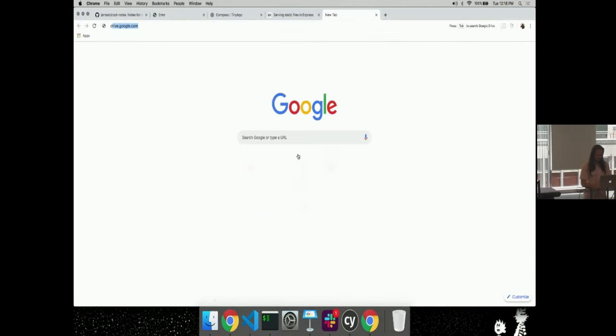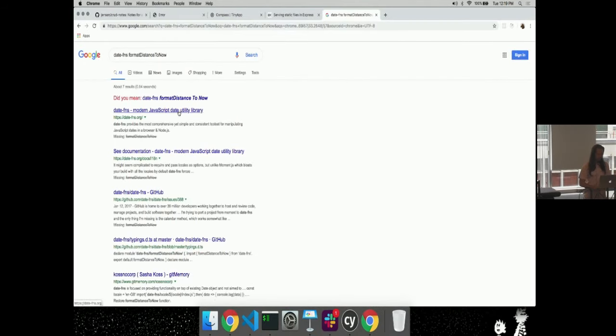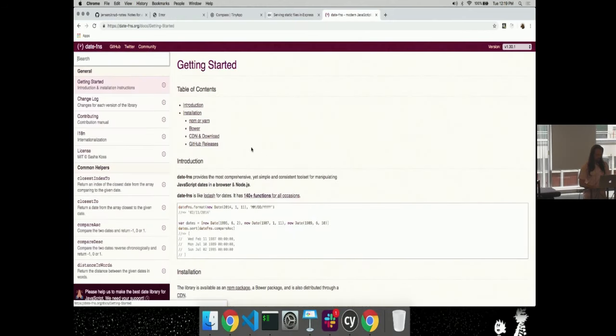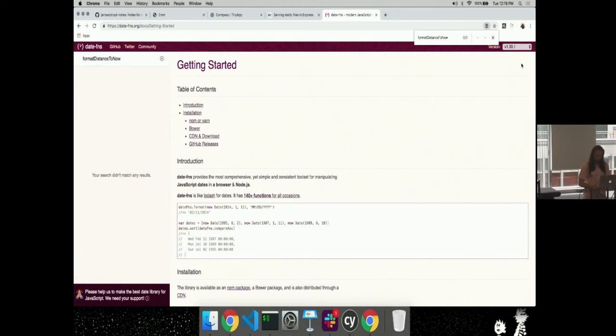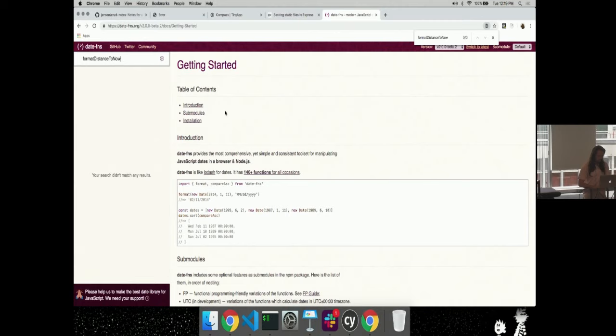And if we look at date functions, format distance to now, we can take a look at the documentation. Come on, where are you? Oh, and relatively new. So format distance to now. Okay, I don't know why it's not finding it there.